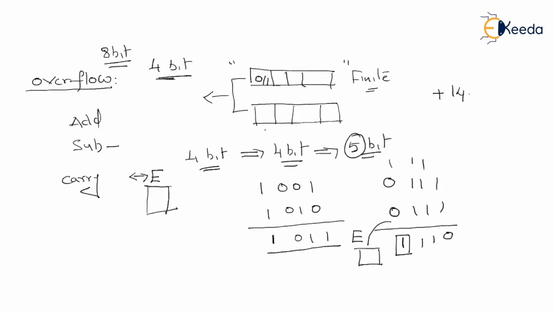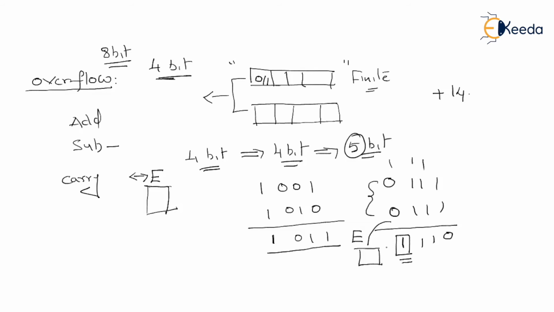I told you that the register will be provided with an extended digit. In this extended digit, the end carry will get accommodated, right? Here the problem is that after the addition, as you can clearly see, the sign has been changed. This is considered a serious problem when you perform any arithmetic operation, because when you add two positive values, the result should only be a positive value, right?